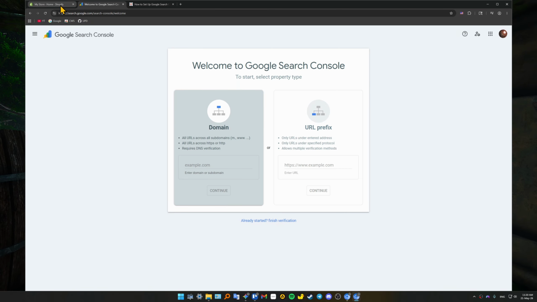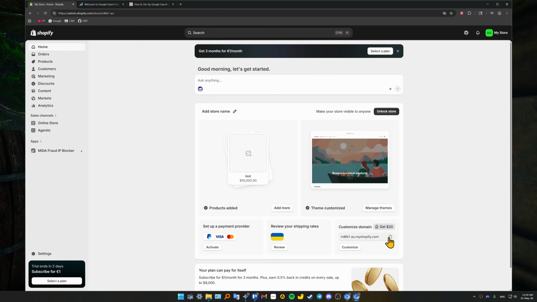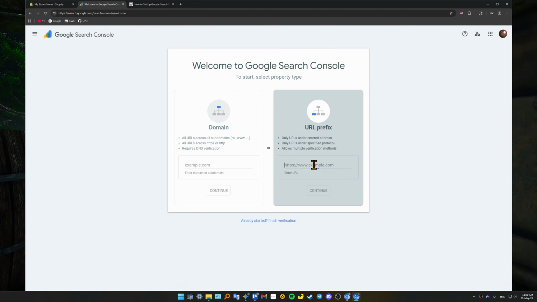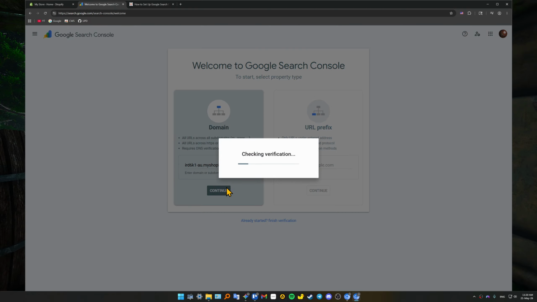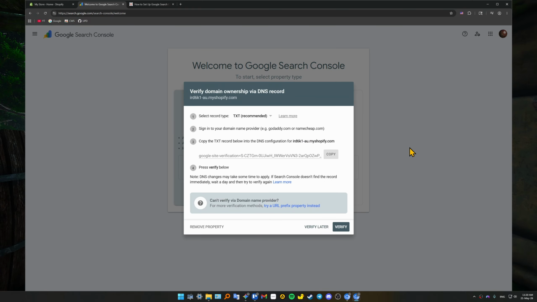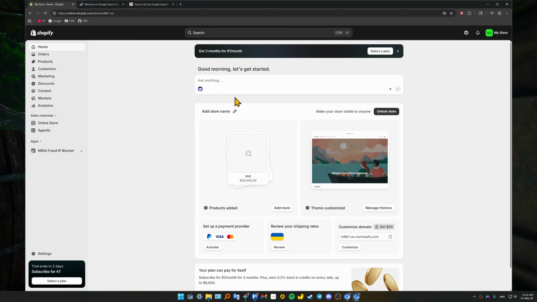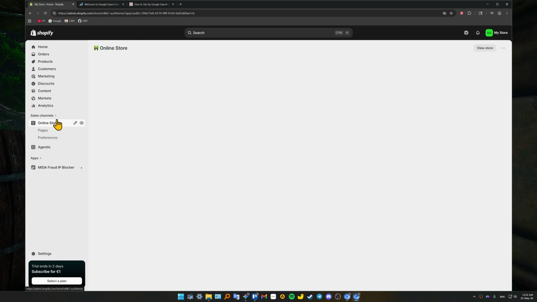In order to do that, go to My Store, just copy it right over here, okay, and then paste it right here, and then press on Continue. And in here, of course, you will have to verify first. So from the verification choices that surface, you need to expand the HTML tag option and copy the meta tag string code block. All right, and after that, you jump back into your Shopify admin, navigate to Online Store,